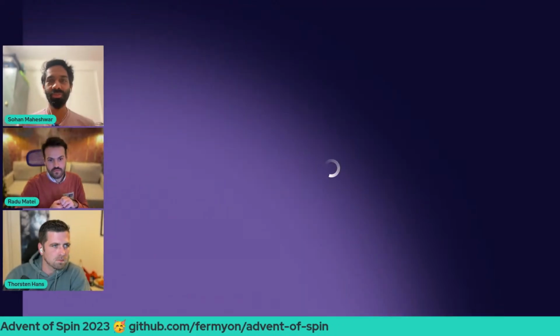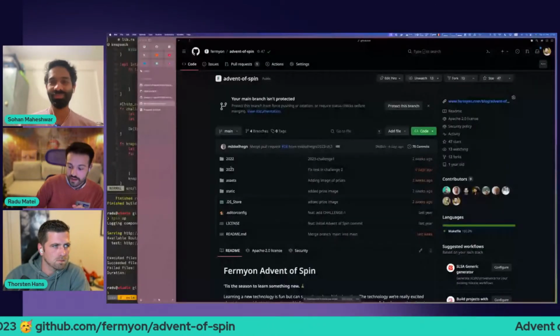As Radu shares his screen, if you haven't already, Advent of Spin is a coding challenge for you to learn building on Spin and WebAssembly. It's a series of challenges, just to get you to build and deploy apps. Straightforward stuff. It'll be fun, and there are prizes to be won as well. So do check it out. You can check the link below. Radu, over to you.